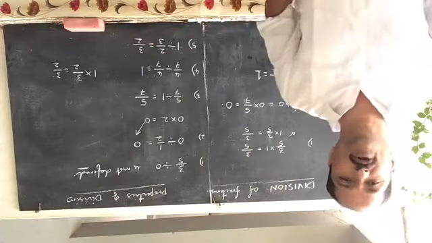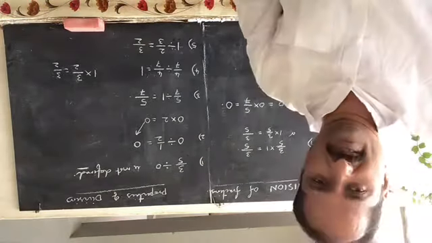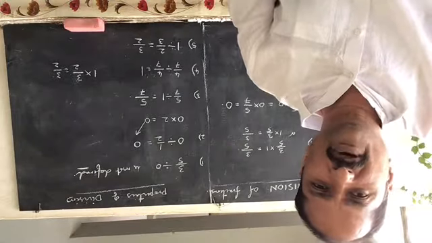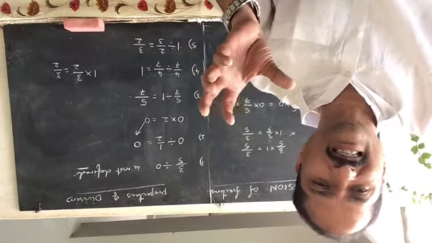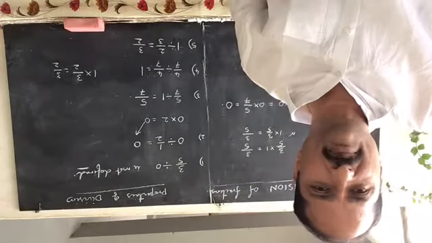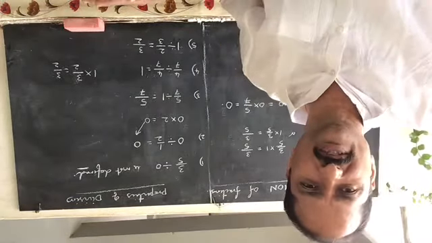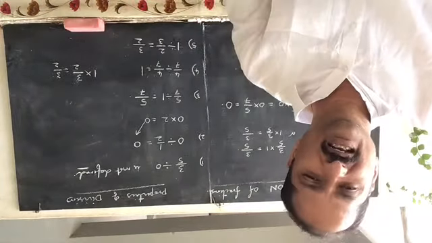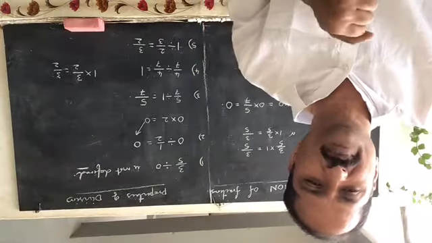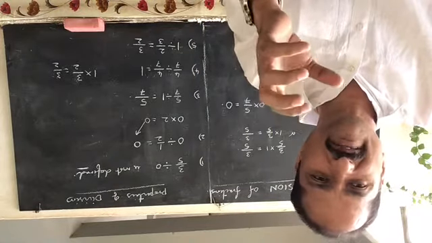So these are the properties of division of fractional numbers. With the help of these properties, sometimes you can write down the answer directly. No need to do all the procedure. Directly we can get the answers with the help of these properties. So once again we can revise the properties.